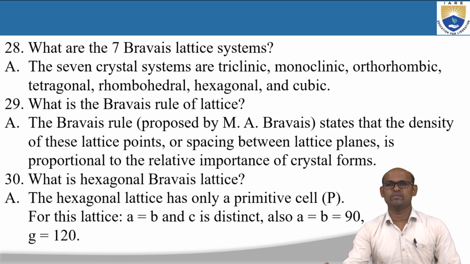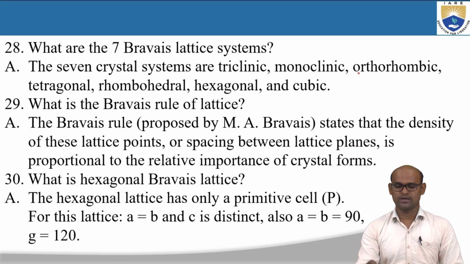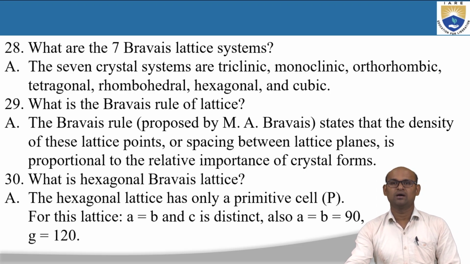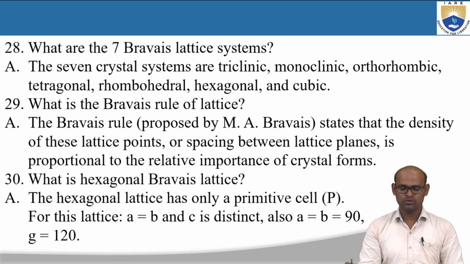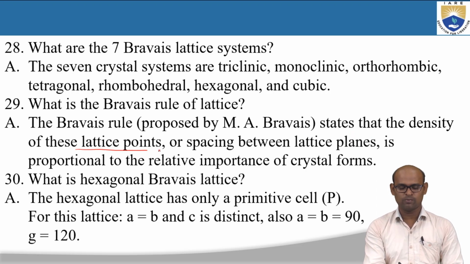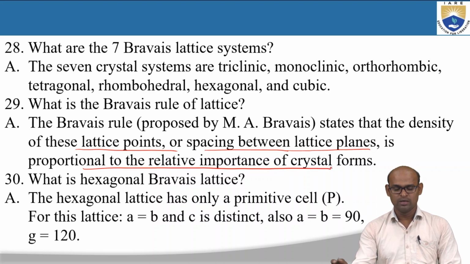Okay, so the 7 Bravais lattice systems, or lattice crystal systems, are discussed already: triclinic, monoclinic, orthorhombic, tetragonal, rhombohedral, hexagonal, and cubic. What is the Bravais rule of lattice? The Bravais rule proposed by M.A. Bravais states that the density of these lattice points or spacing between lattice planes is proportional to the relative importance